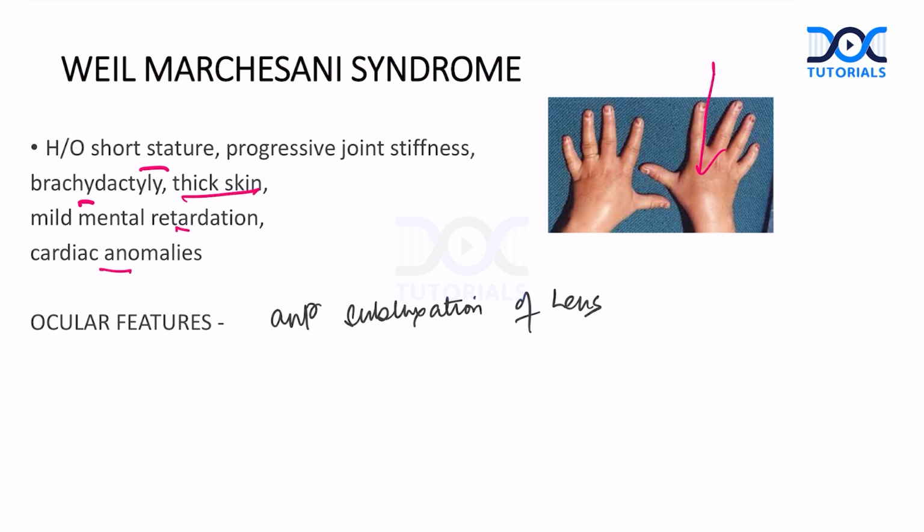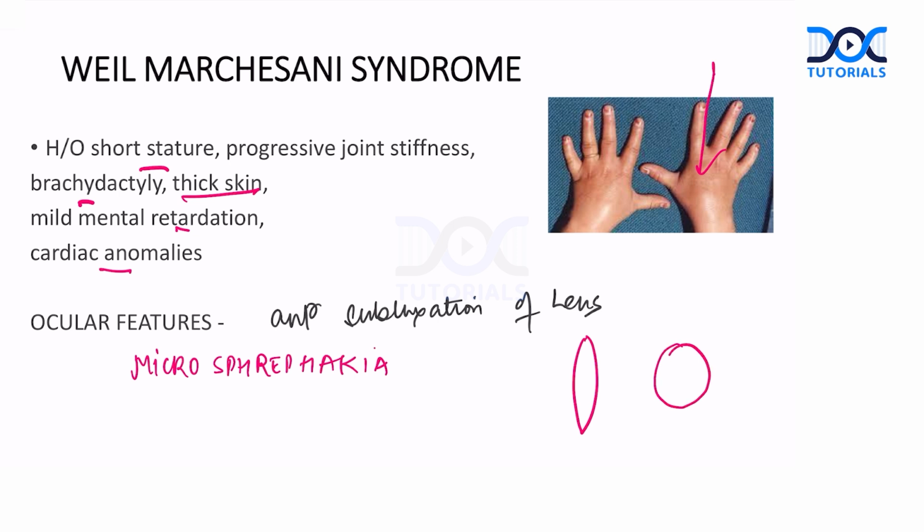Short, stout, chubby, you can say. Alright. So this type of child, if he comes to you with problems in vision, see the lens on slit lamp examination. Now, why is the lens subluxated? Because these children do not have a normal eye. They have microspherophakia. Now, what do you understand by microspherophakia? Micro means small, sphero means spherical. So the lens is not this, the lens is actually this, a smaller and spherical lens.